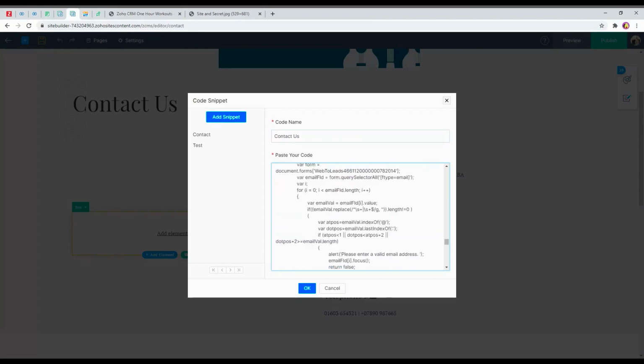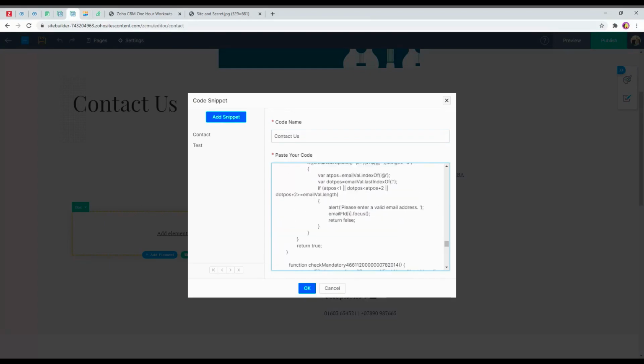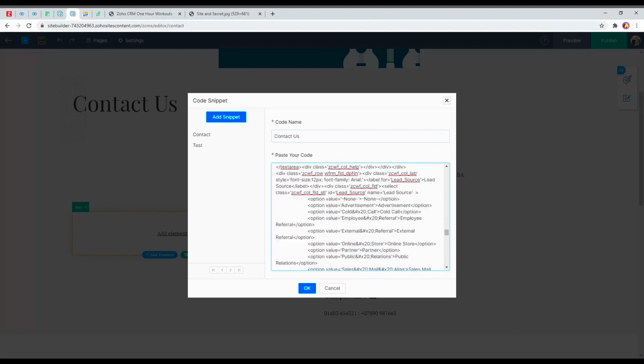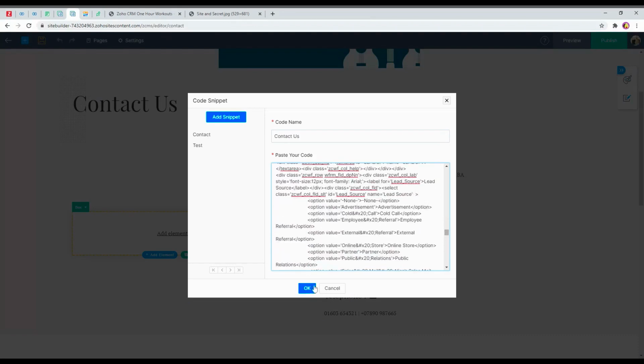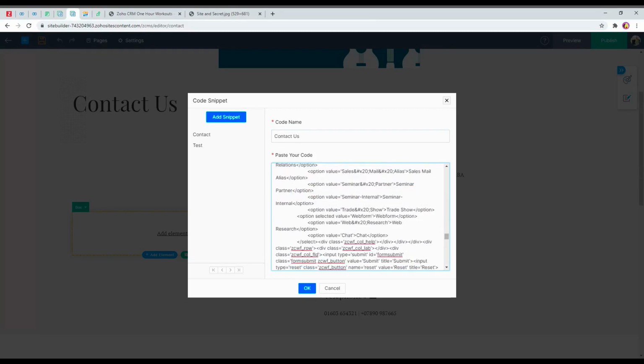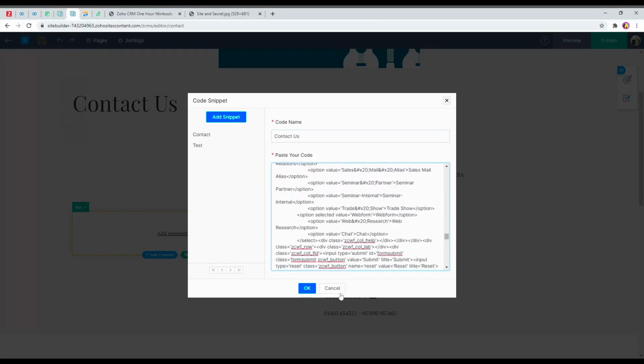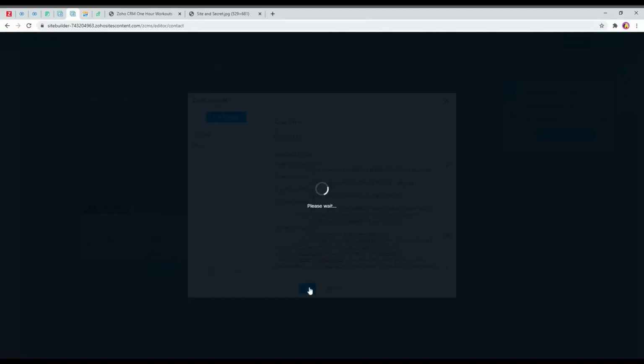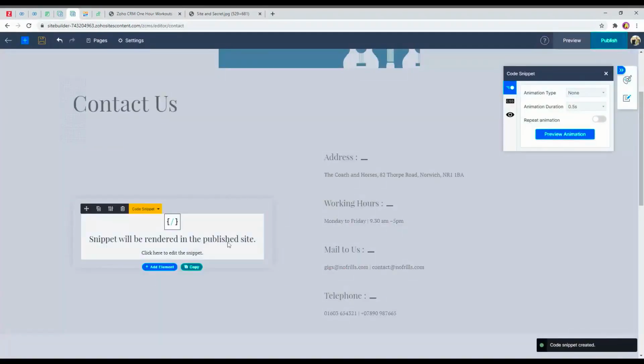So this is the code that I got from the web form we built. It's probably quite long for what we've built, but as I said, it can be manipulated, and there's a lot of pieces of information to do with Zoho that's going to be integrated into the CRM. That's what will submit it to the right place. So if I select OK, you can see I've got this here. I need to publish the site. I'm not going to publish it quite yet. I'll just do a preview. So if I select preview,